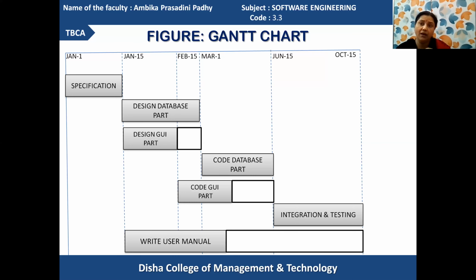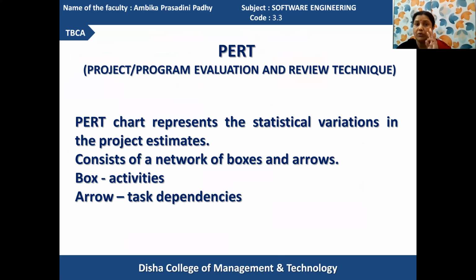From starting to ending, the time requirements can be noted down from this point. Got it? Then you can go for using the PERT chart. What is the Project Evaluation or Program Evaluation and Review Technique? The activities of the project are evaluated, then reviewed in order to specify whether the allocated resources, the allocated effort, or the allocated time requirement is exact or not.